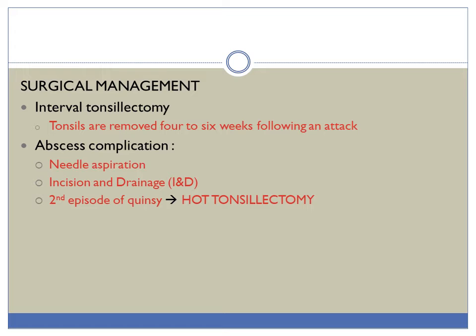Surgical management of this condition will include interval tonsillectomy. Now, the term interval tonsillectomy means that a surgery has to be performed at least 4 to 6 weeks after the attack of infection. It cannot be done immediately during the infection or after the infection, as there are high